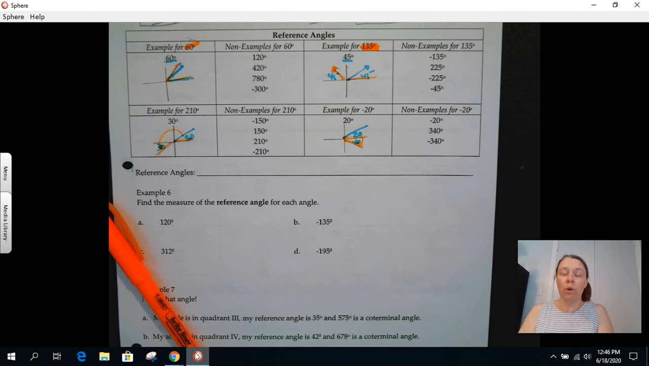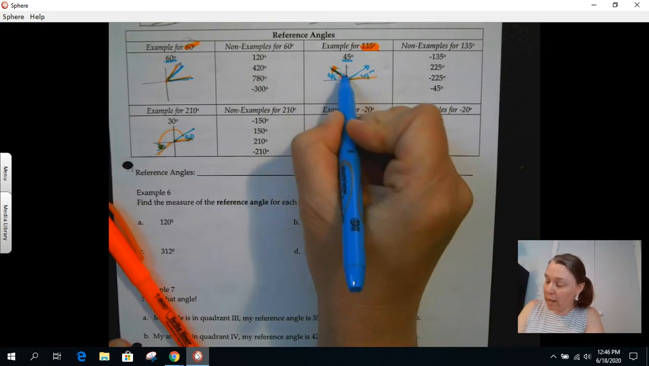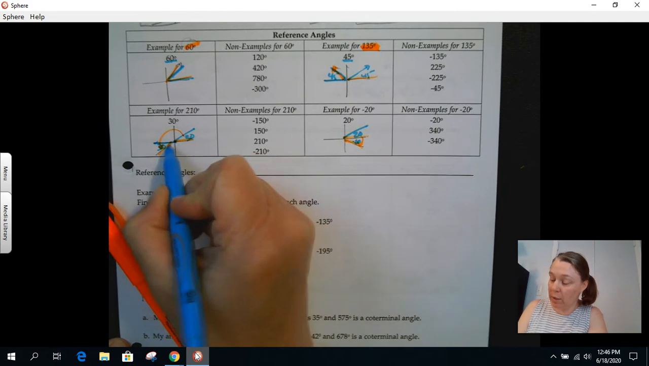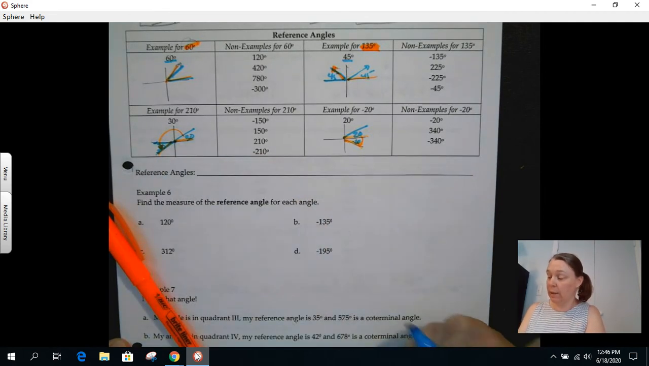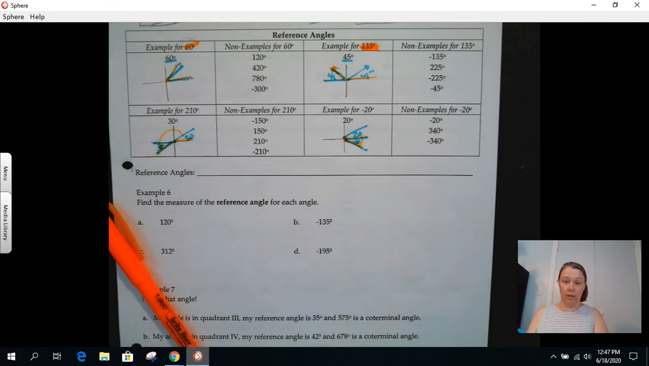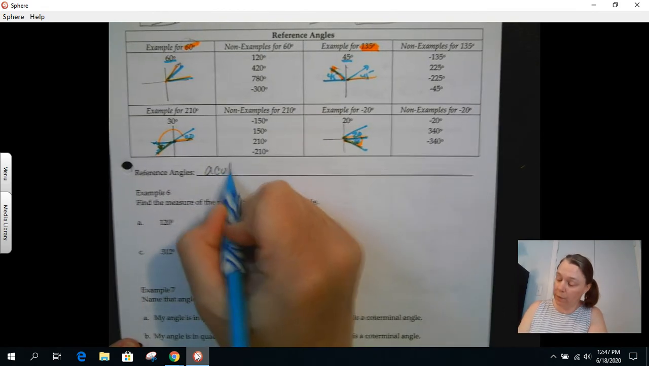The definition for a reference angle is the acute angle between the x-axis and the terminal side. So in this case, it's the same. Here's the terminal side, here's the x-axis. Here's the terminal side, here's the x-axis, without regard to any sort of rotation. So it's always positive. It's the acute angle